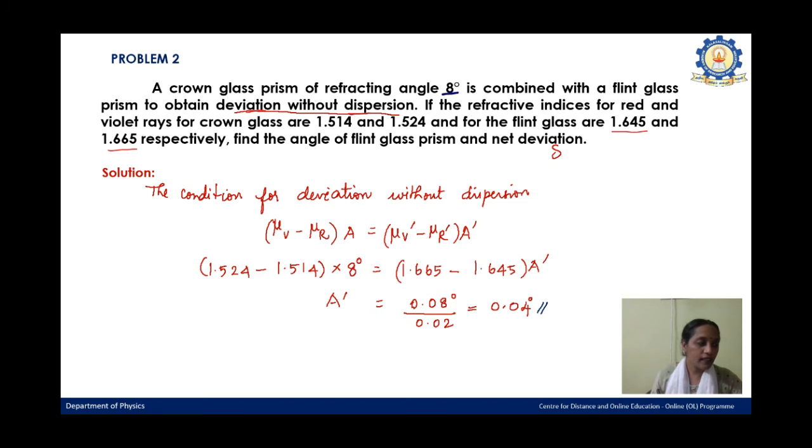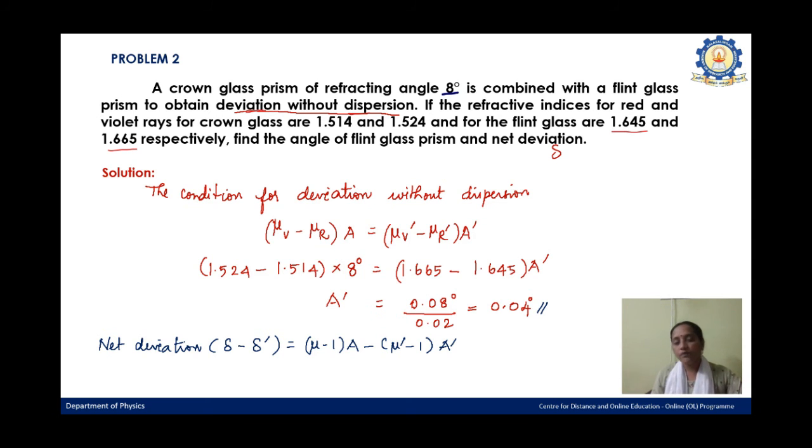So after finding out the refractive indices, the formula we are going to use is the net deviation formula. By looking at this expression for net deviation, you will easily calculate how to find mu. So just think about what mu is and how we are going to calculate it. This is mu prime minus 1 into A prime.